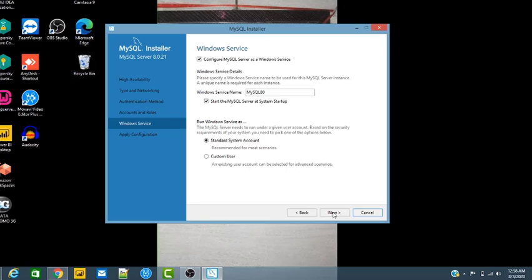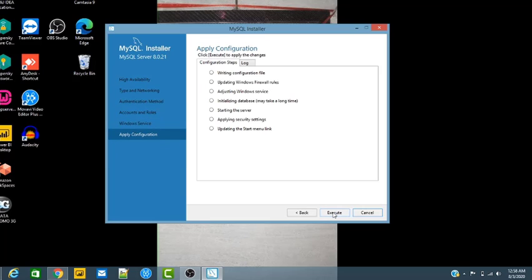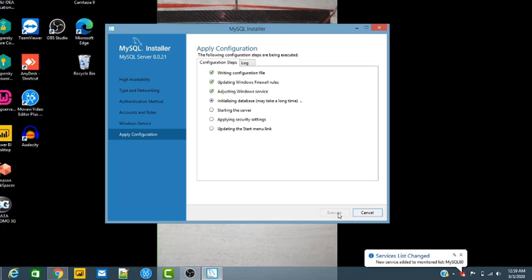So we have to give the password for it. If we want to log in, we need to give this username and password. So this is the option. I think this is the last step of installation.